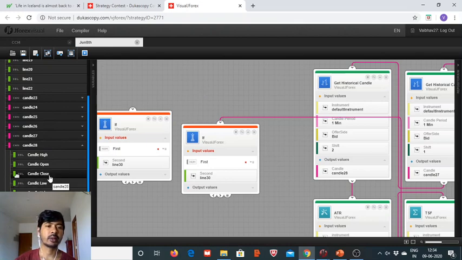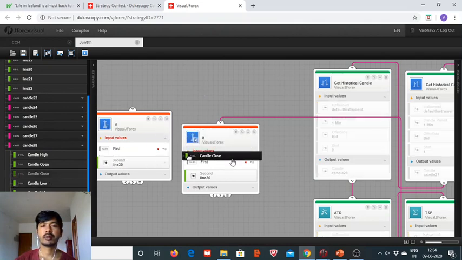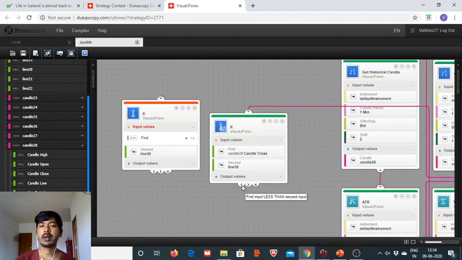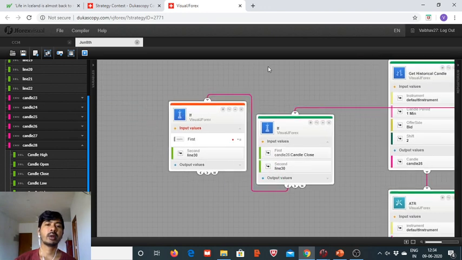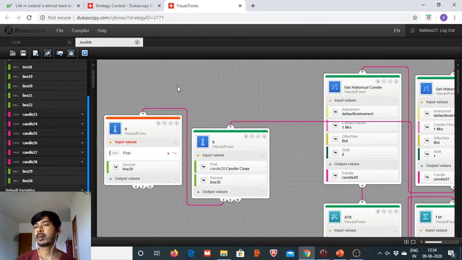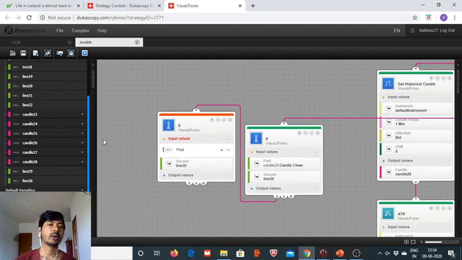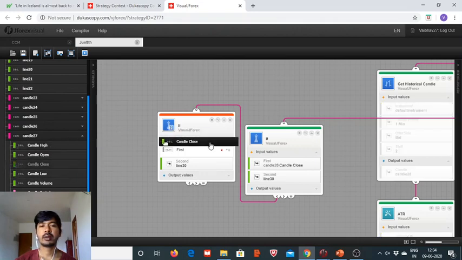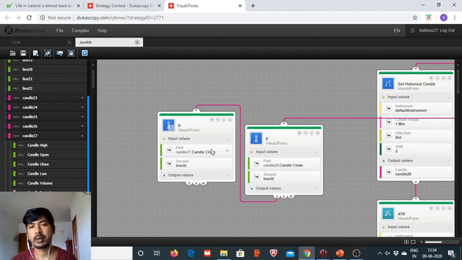So we take this candle 28's close should have been less than first input, less than second input, and the candle 27, which is with the look back period of 1, and that candle should have closed higher. So here we take this candle 27